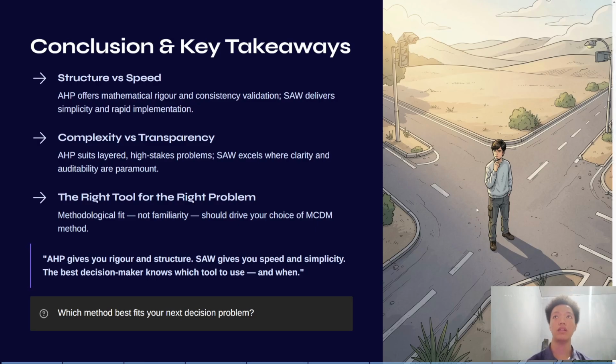So here's the conclusion and key takeaways: structure versus speed. AHP offers mathematical rigor and consistency validation, while SAW delivers simplicity and rapid implementation. For complexity versus transparency, AHP suits layered, high-stakes problems, while SAW excels where clarity and auditability are paramount. And the right tool for the right problem: methodological fit, not familiarity, should drive your choice of